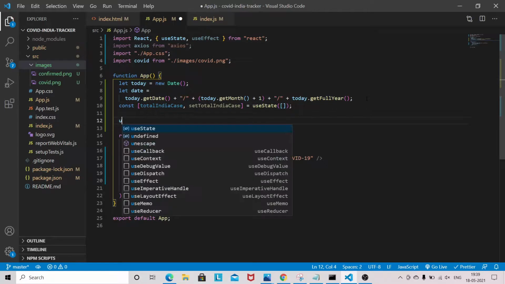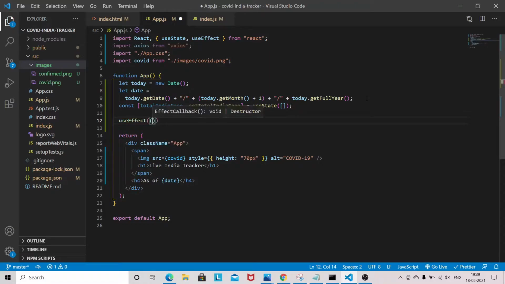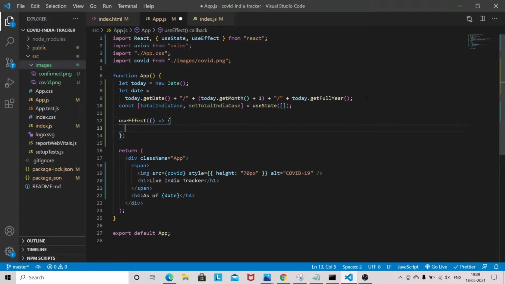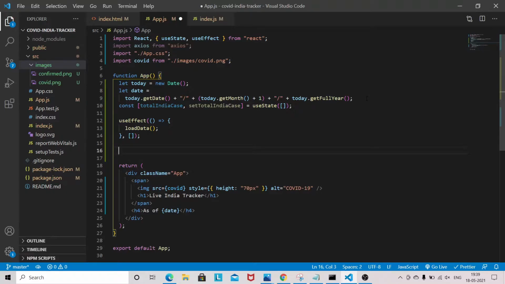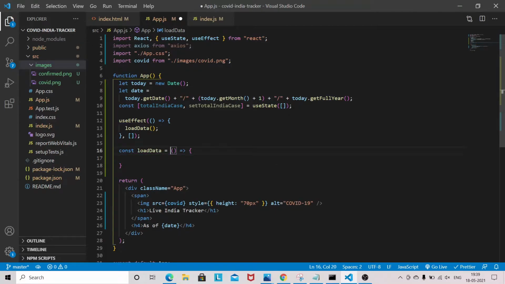Now we need to use effect, and we'll be writing one function, load data. We will define this one, okay. Const load data equal to, so this will be async, because async await we cannot use inside use effect, and there will be one more state, okay, loading.